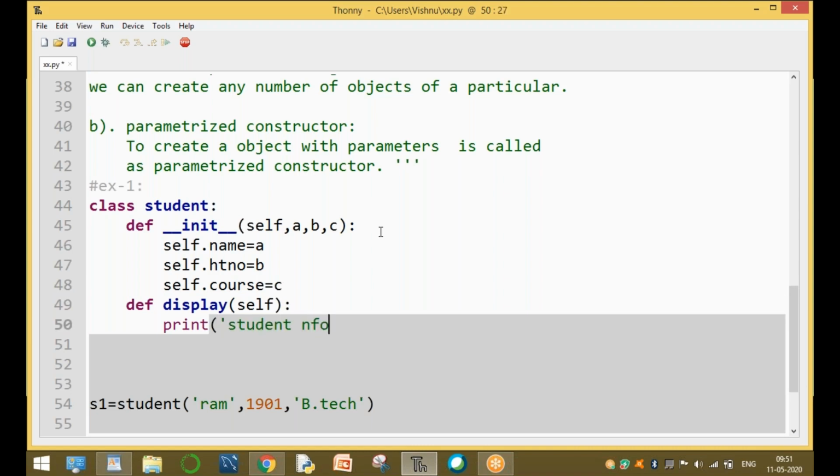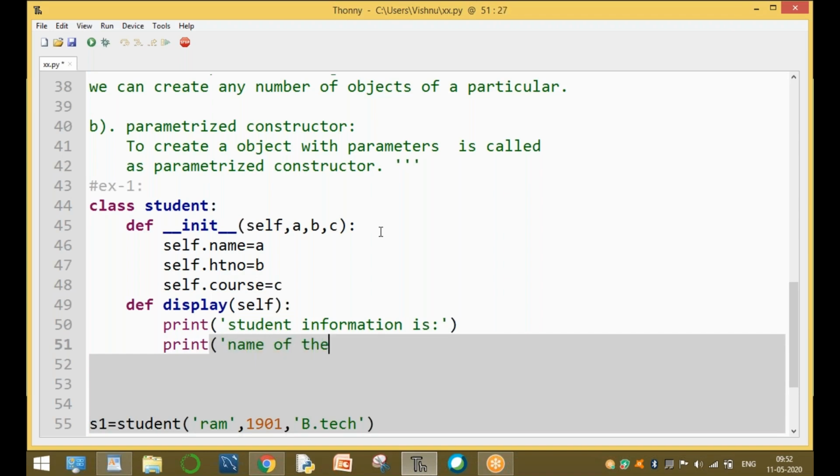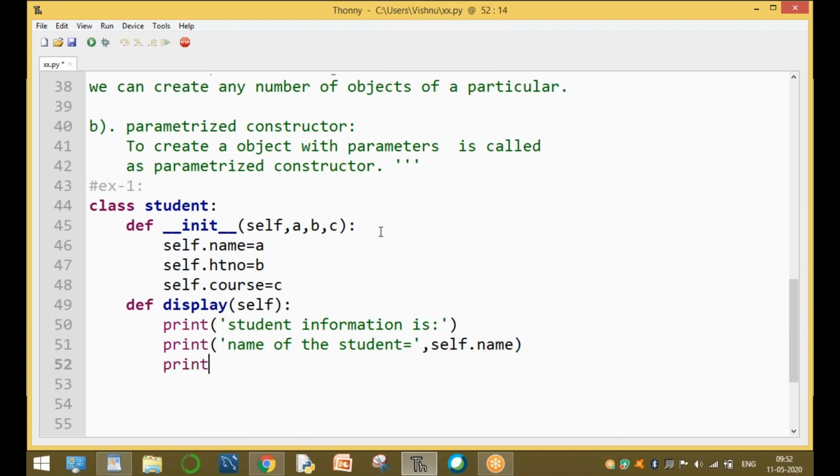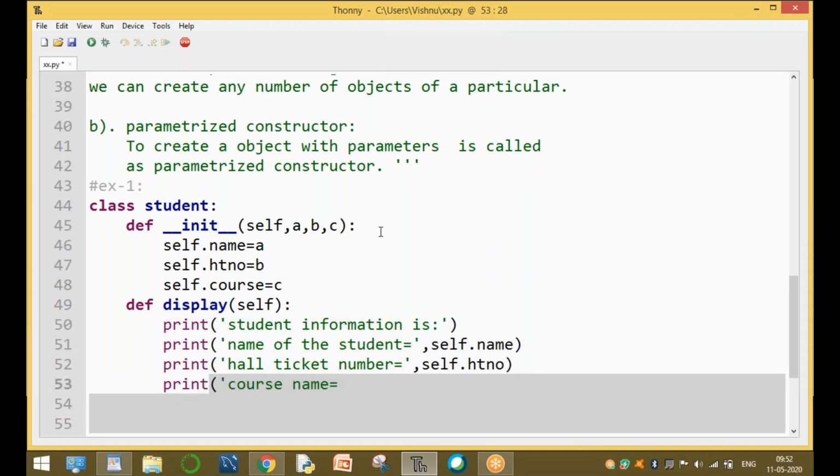Print the name of the student equal to self.name, print the hall ticket number equal to self.htno, and print the course name equal to self.course.